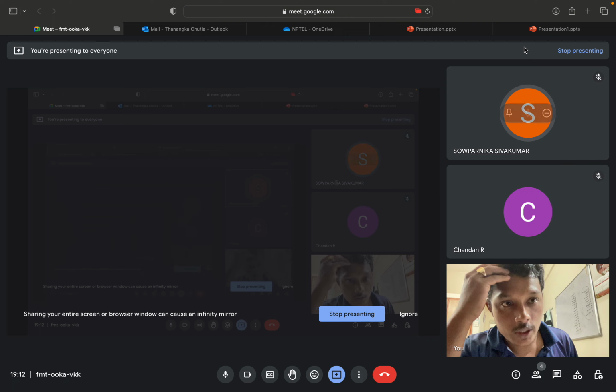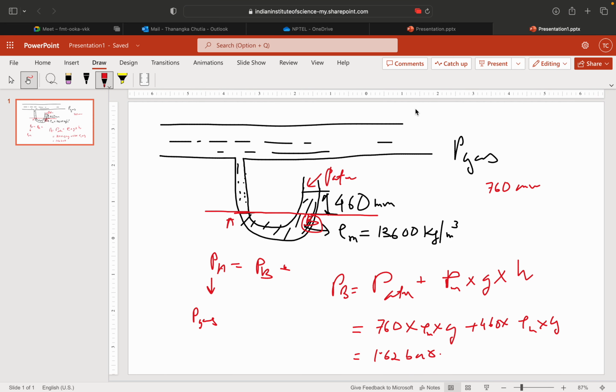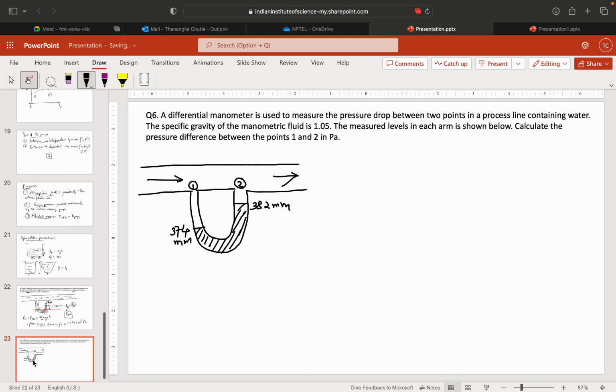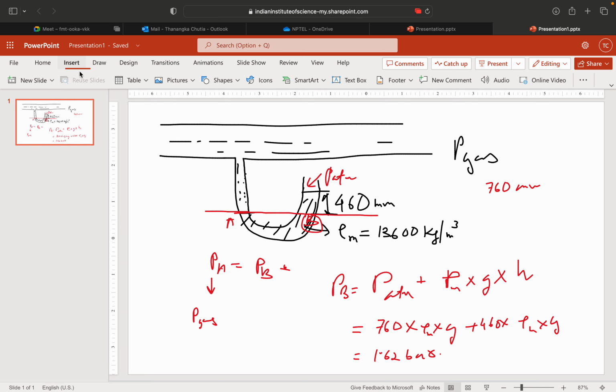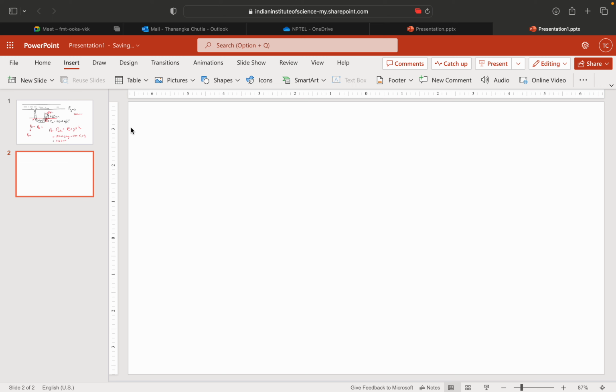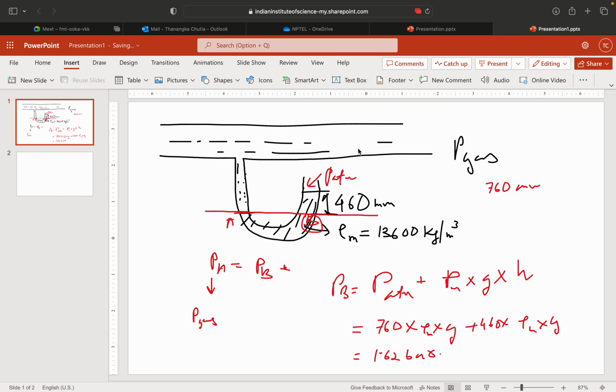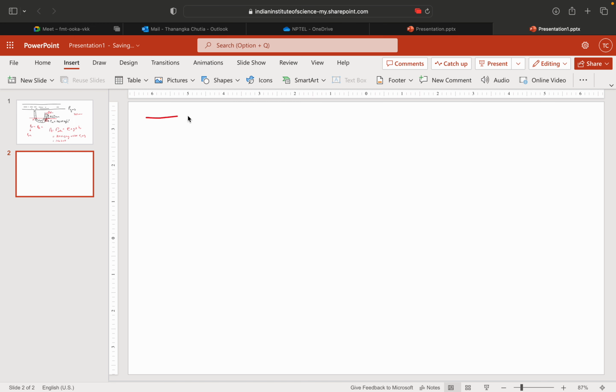No, sir. Okay, fine. So let us modify this question a bit. A differential manometer is used to measure the pressure drop between 2 points in a process line. Now this contains water, and the specific gravity of the manometric fluid is 1.05. So here there are two things. First thing is that earlier it was gas, remember, so we had no issue. But now